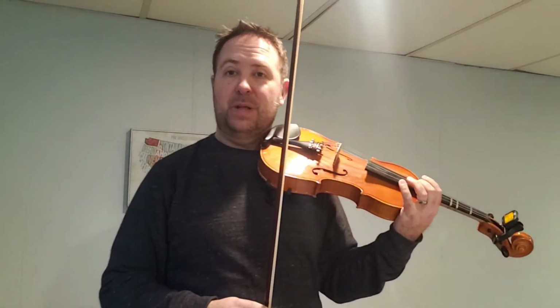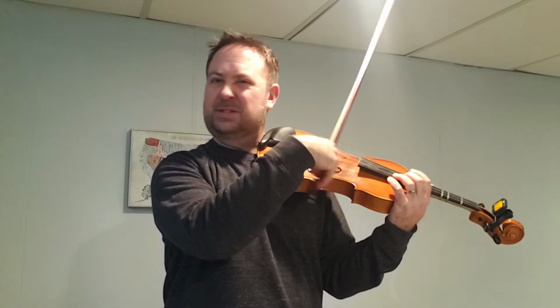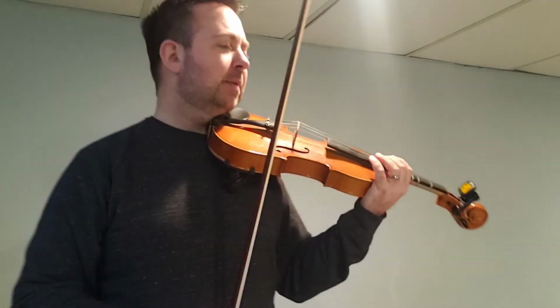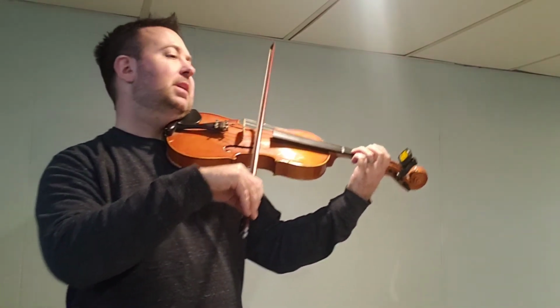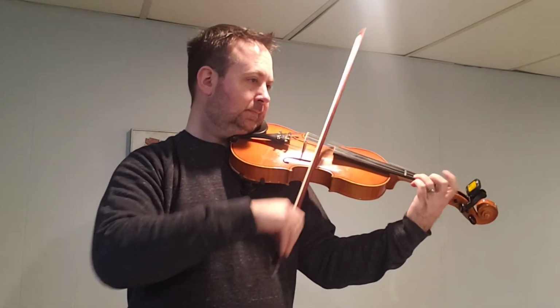Well, there's the first 2 lines. That one feels weird to me. It's hard for me to stay that close to the frog because usually I don't want to do 16th notes there. Cellos and basses, you guys tend to be a bit close to the frog in those, so that might not be so weird for you. Here we go at the middle. This is where I want to be, I think. Ready, and...